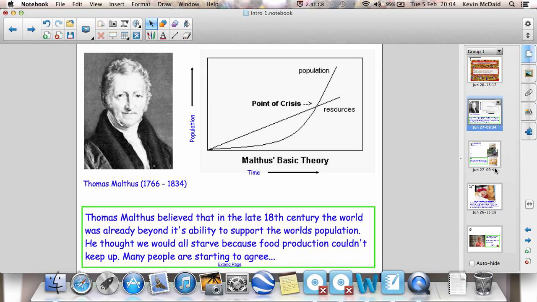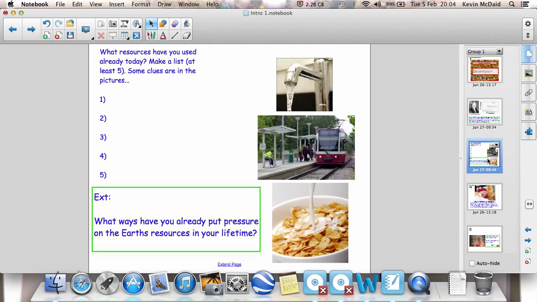Now, in terms of resources, population and resources are completely linked with each other. If you just think, for instance, of the resources that you've used today: you've turned on a tap, you've been on the tram, you've been on the bus. What resources are these using? The tram is using electricity, the bus is using oil. These all come from raw materials and resources that we get from under the ground, which we have to dig up, we have to burn, which will then pollute.